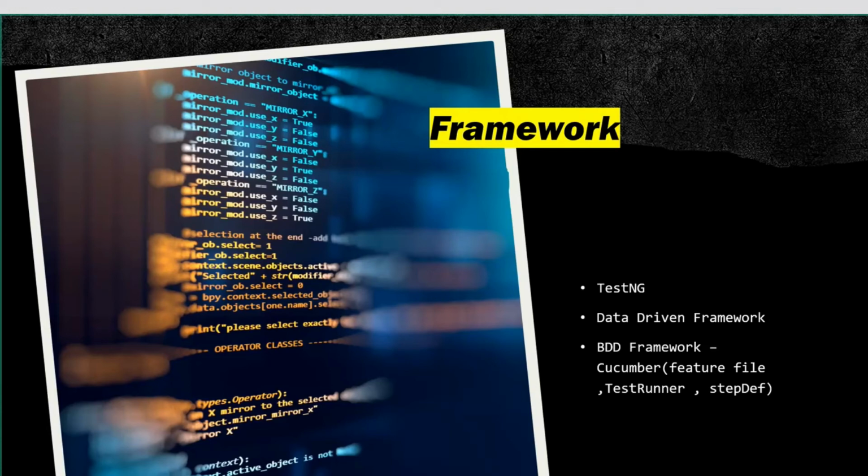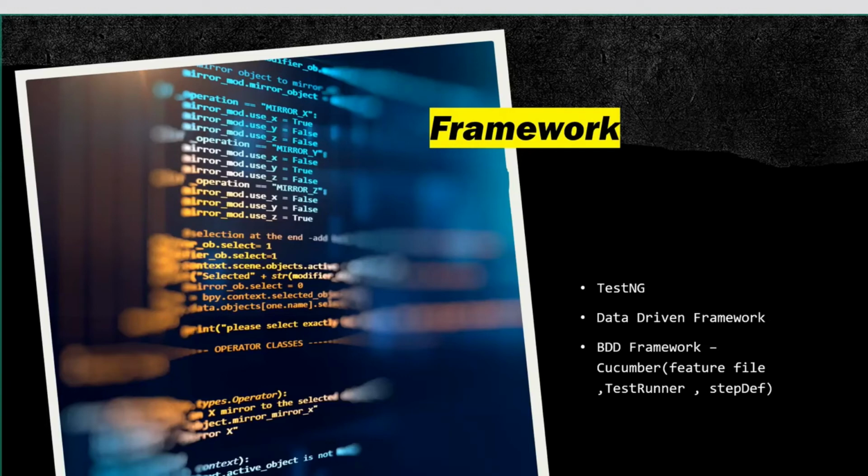There we'll read the data from an Excel file, put it into our script, and our script will run. Later we'll just change the data in our Excel file and all our scripts will run with that data. There is no need to change the script itself; you just change the Excel file.